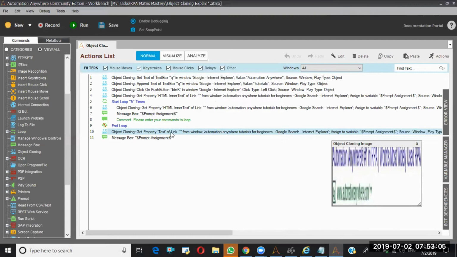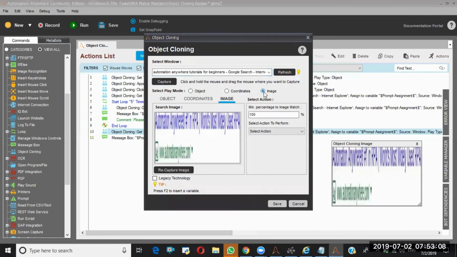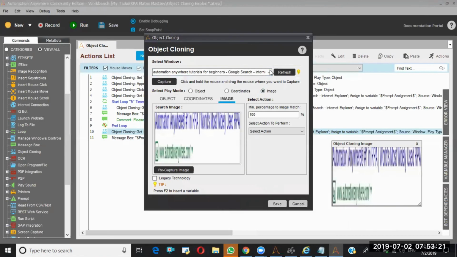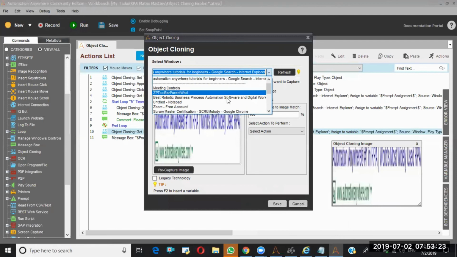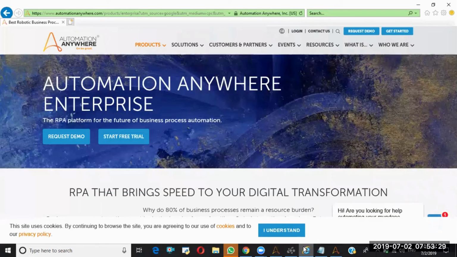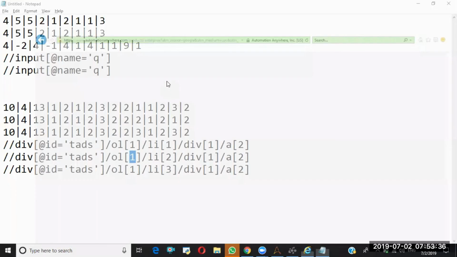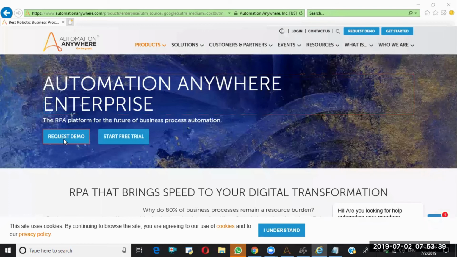But in general, you won't go with the coordinates mode and the image mode. So it will take the decisions based on the image. So in the screen, let me go. So I'll say click on this request demo. Okay. What is the title of this place? Best robotics something. I'm taking that particular title and saying it should.